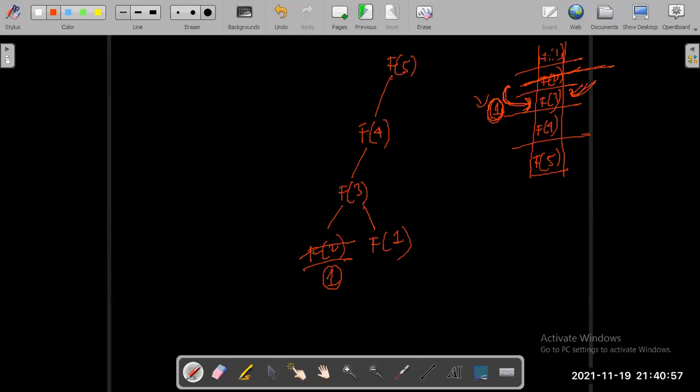F of 1 is fixed, that is 0. Pop it out, and this 0 will be returned to f of 3. Whatever element is left towards its previous state, there the returned value gets returned. Getting it or not?